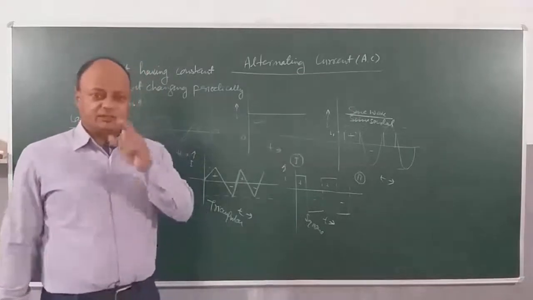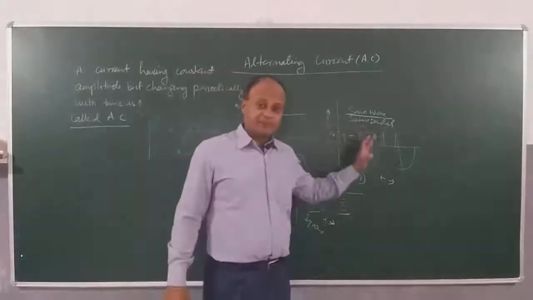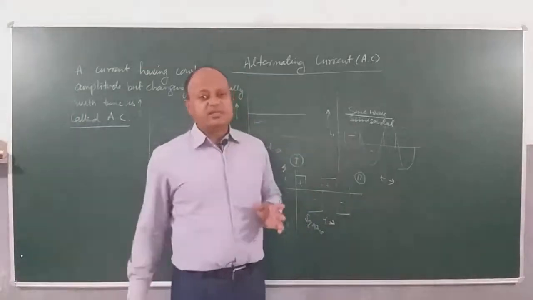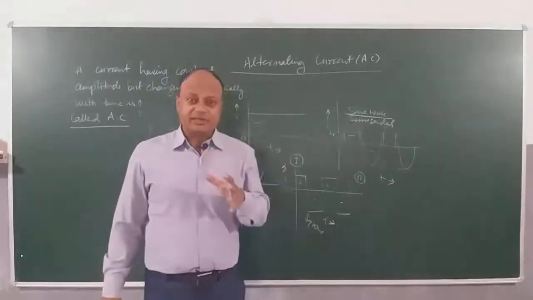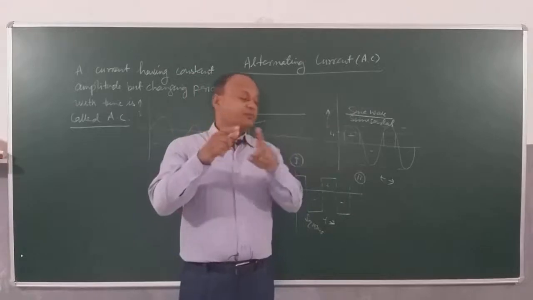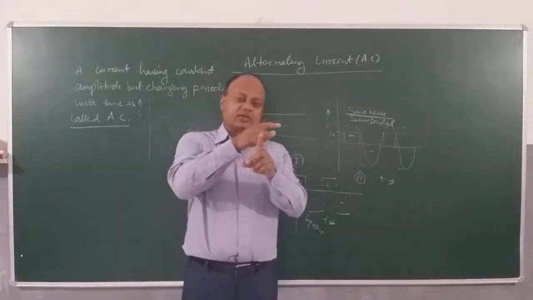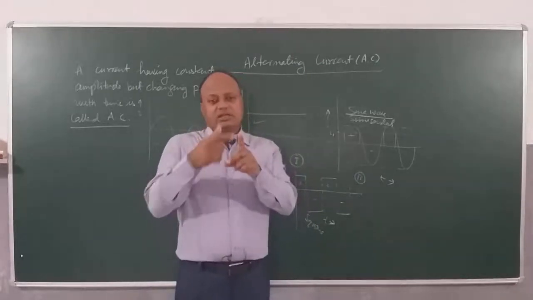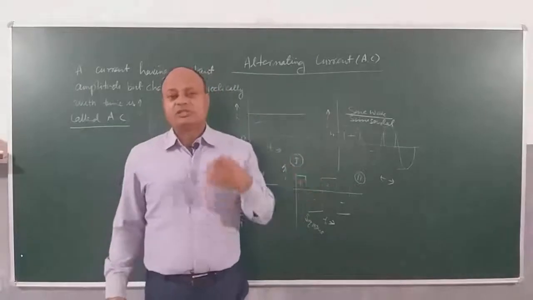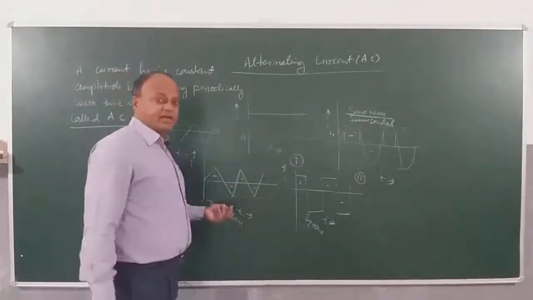Alternating current. One thing you need to keep in mind: alternating current is changing its magnitude and direction with time. So the electrons are oscillating in what? Both the directions simultaneously with a fixed time period, right? You start from here and go to the right and come back again. There is the positive lobe. Start from here, go along the negative direction. This is the amplitude, again come back to the mean position. We can consider it like a pendulum. This is how the electrons are oscillating. So we will see how we can produce alternating current by using an AC generator.